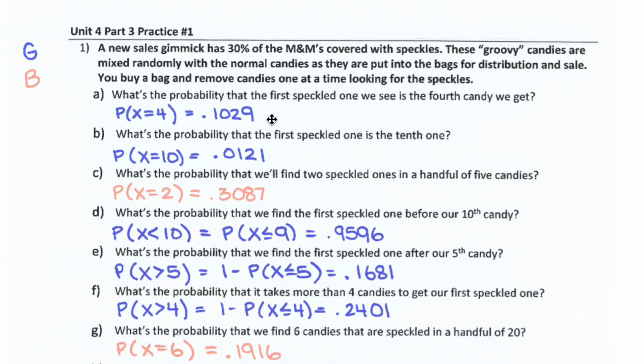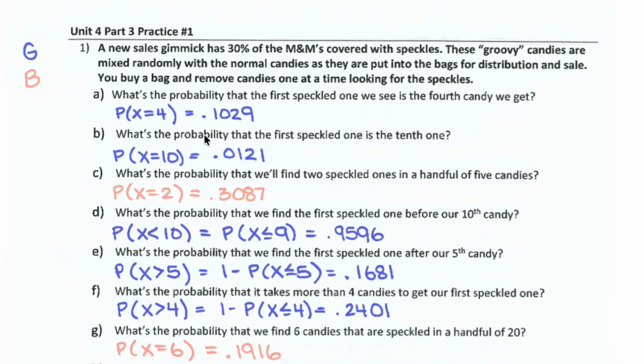Or you can just use your calculator to type P parentheses x equal to 4. Looking for that value, get 0.1029. But don't forget to use geometric PDF for this. And part B, what's the probability that the first speckled one is the 10th one? Same idea, but now x is equal to 10. So 0.7 raised to the 9th power times 0.3 gives you 0.0121. You can also use geometric PDF